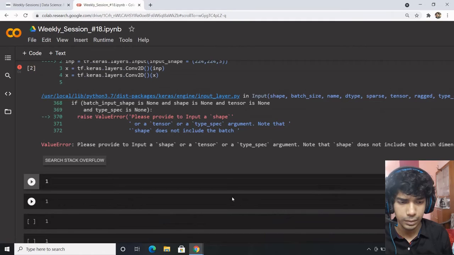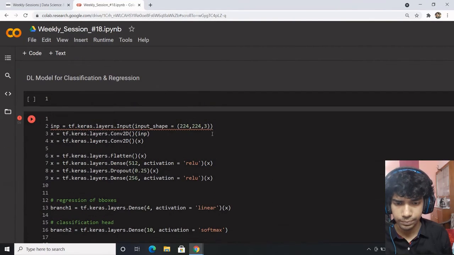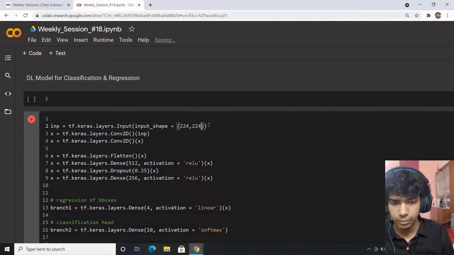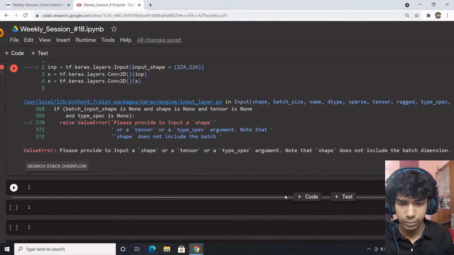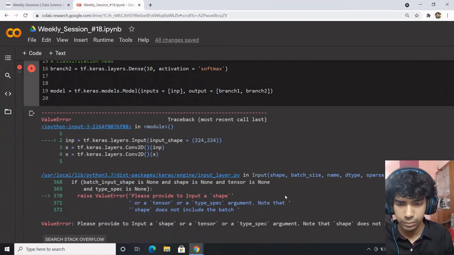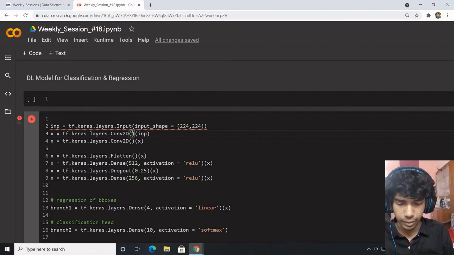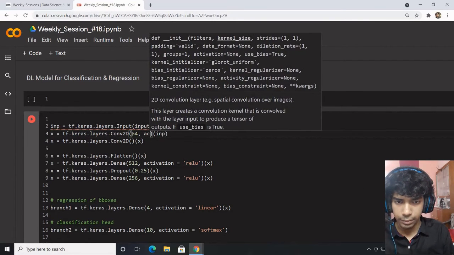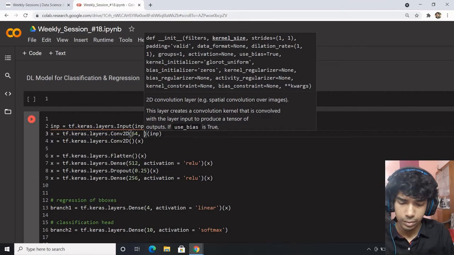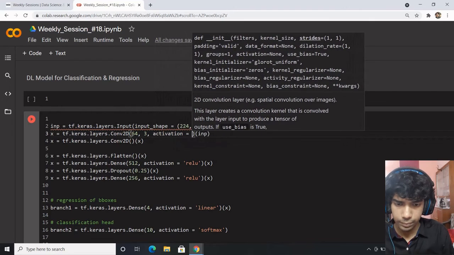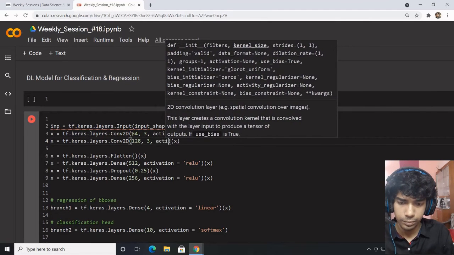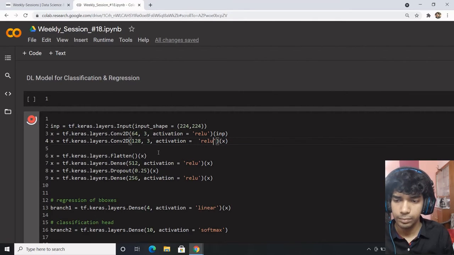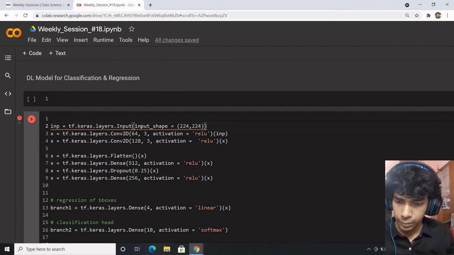What happened over here? Okay. 64 activation, kernel size, let's say 3. What happened?